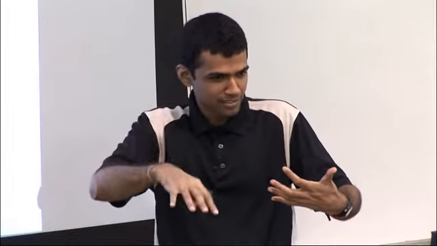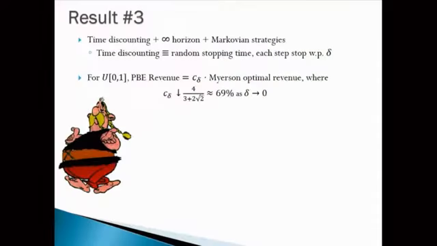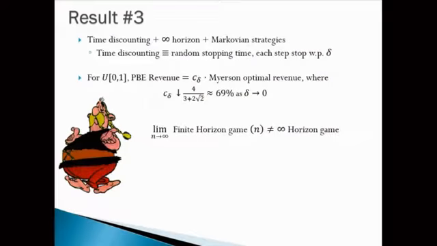Okay, so what is Myerson optimal revenue? Again, you get a quarter in every round, but now it's quarter times this 1 plus 1 minus delta and so on. It is 1 over 4 delta. Okay, so you get 69% of 1 over 4 delta, right? That's the optimal benchmark, right? So this is basically the time when the seller is able to get back all this money in this model. So the main point is that the limit n approaches infinity in the finite horizon game is very different from the infinite horizon game. Okay.